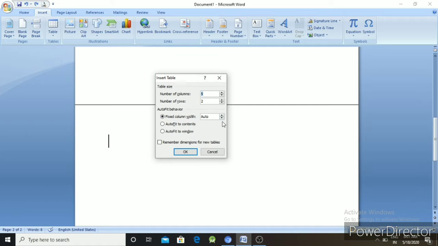In this dialog box the number of columns and number of rows are entered. By default the number of columns is 5 and the number of rows is 2, but I want to select 3 rows and 3 columns.